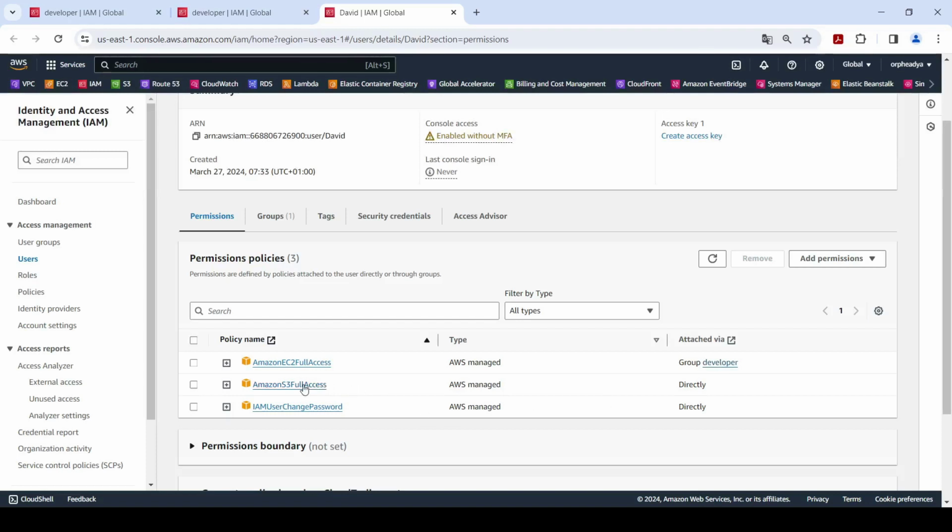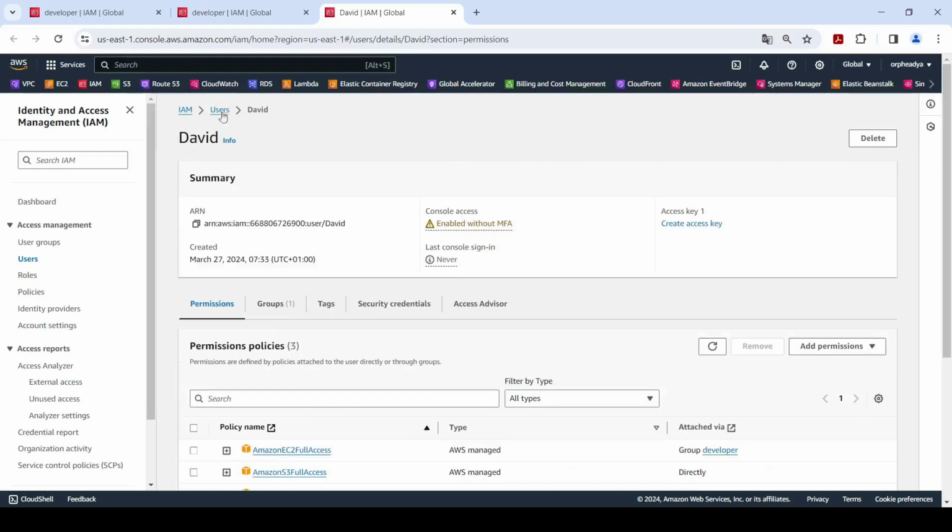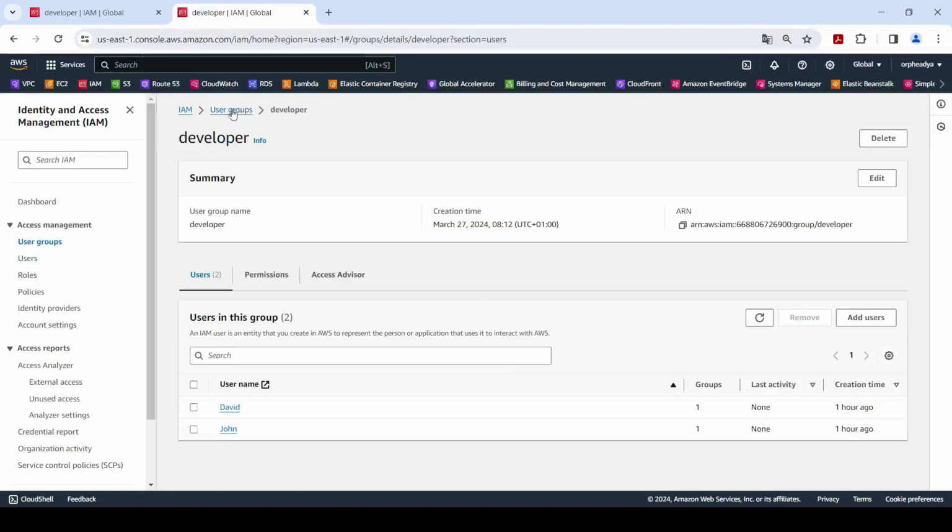This permission is the one we manually added, and this permission is because we created the David user with a password. So this permission was automatically assigned by Amazon. So I go back on user, I close this tab, go back on group.